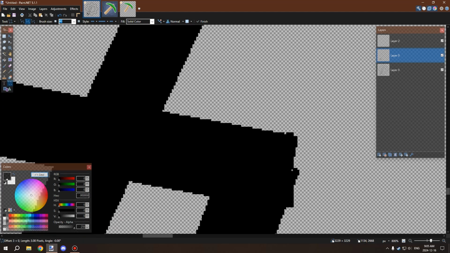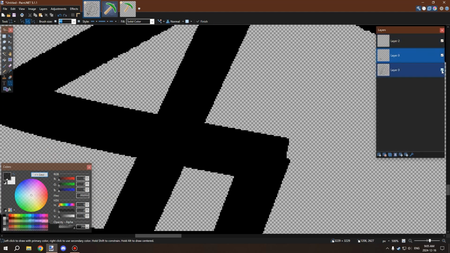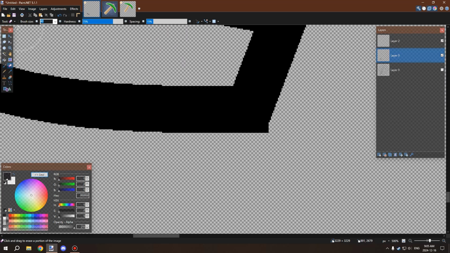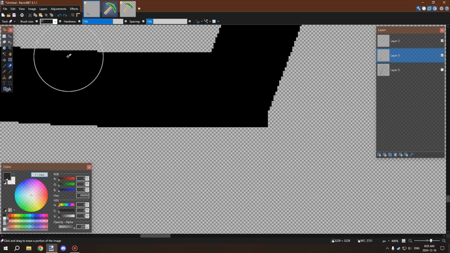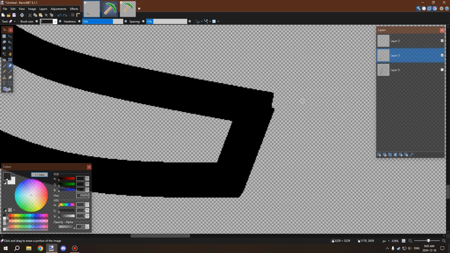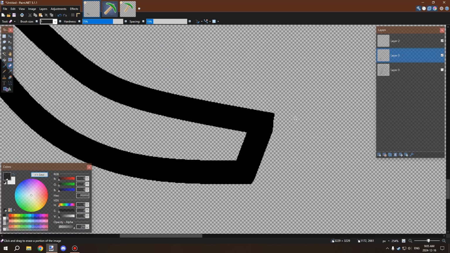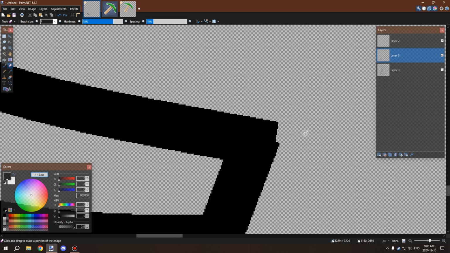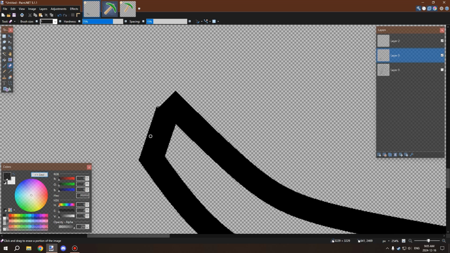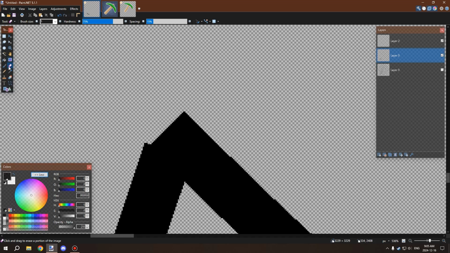And yeah, I can already tell that there's some pixel issues. So let's disable the cog for the moment. And we can clean this part up before we do anything. So I'm gonna shrink this down, make sure that the aliasing is off so we can just kind of eat away at this. Now I'm gonna bring it down to like 5 so we can kind of automatically align this a little bit better. And I'm probably going to bring this out a little bit more, so we're going to fill that in a little bit differently. And I don't like that pixel right there. So we're going to use the